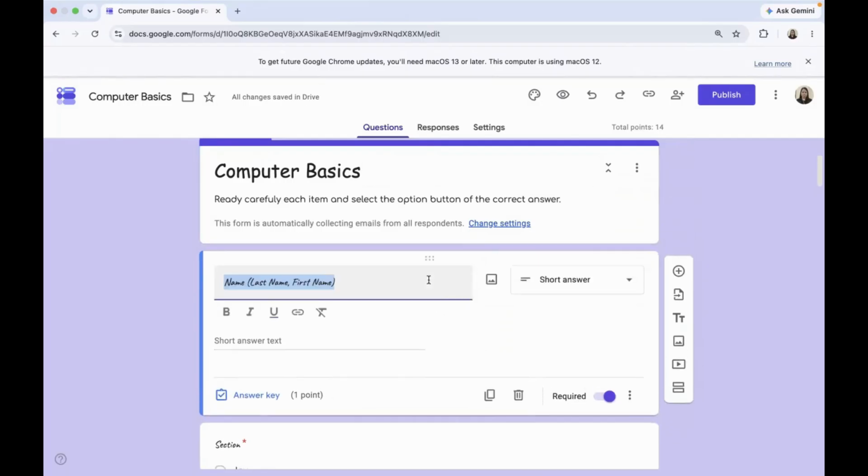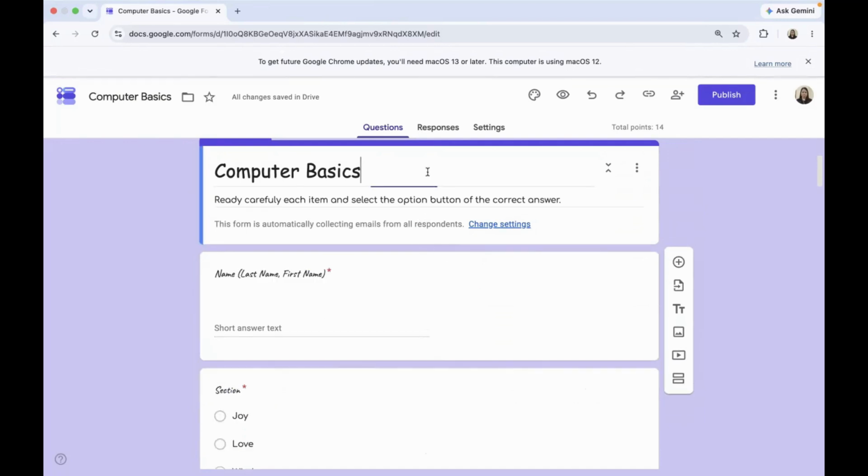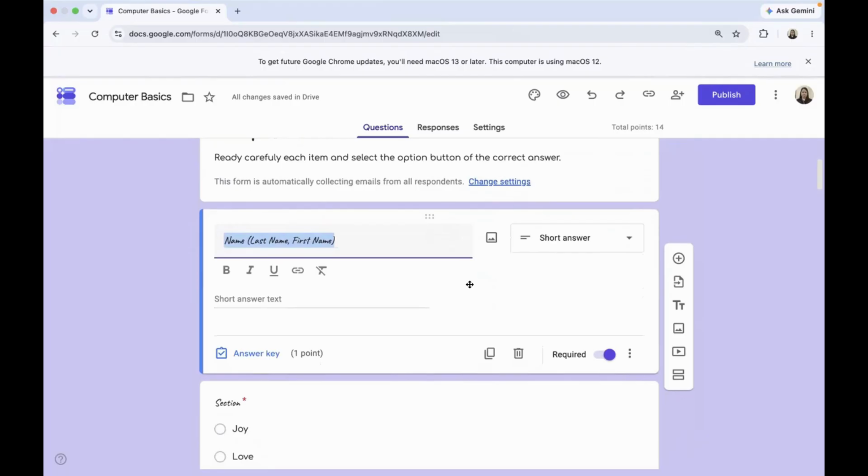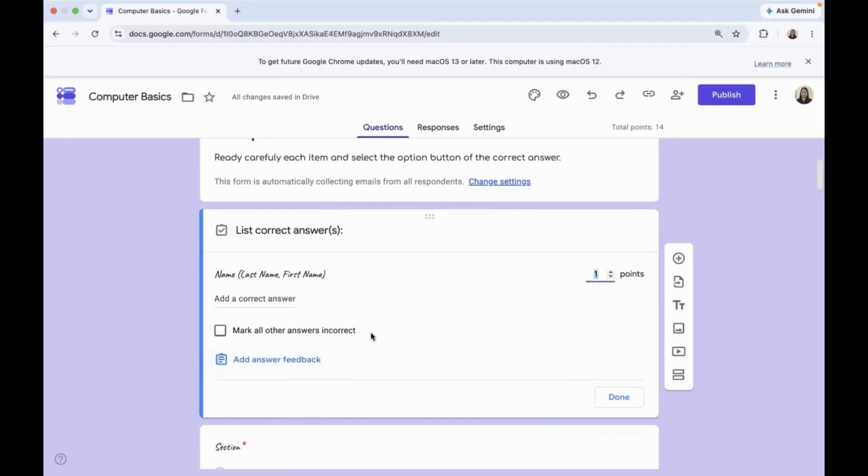Okay, so in this item, this is the title. This is the detail of our student's information. So we will not assign points to this, and therefore we will edit the answer key. There's no correct answer here, and we'll just remove the point.